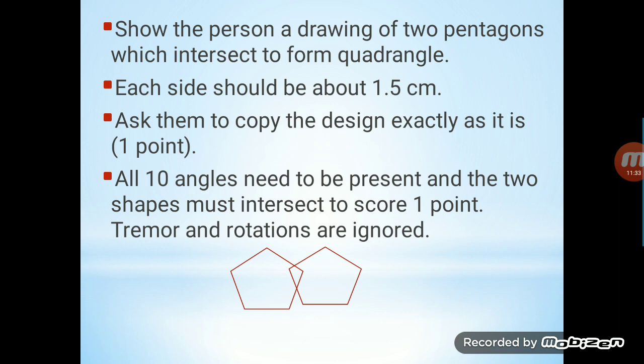Remember that the two pentagons should intersect each other and all 10 angles should be present. You ignore the tremors and rotation; it should not be that perfect. You ignore those things, but you see that the pentagons should intersect and it should have 10 angles. All right,